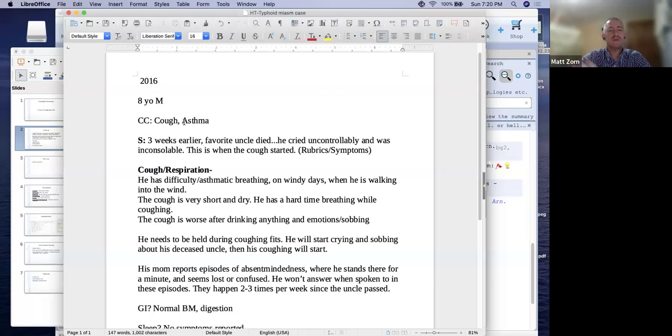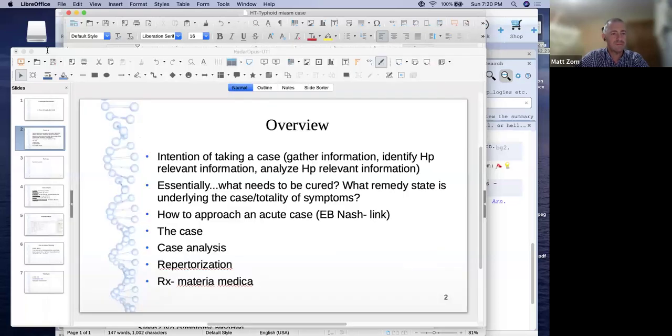So 3 weeks prior, this young man's favorite uncle had passed away, and he cried uncontrollably. He was inconsolable. And then this is when the cough started. So I want to go back here and just